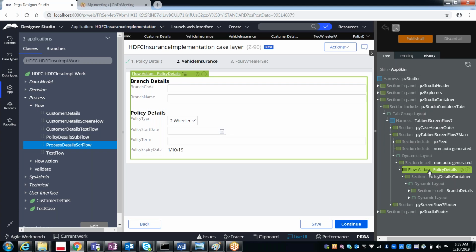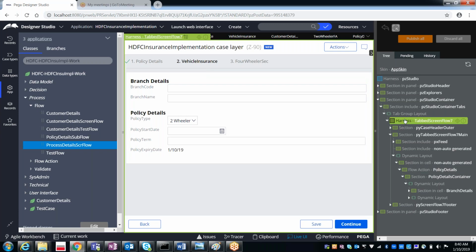That means only this part of the user interface we created. Policy details, only up to this part of the user interface we have created, but the remaining is all these things. Even when you highlight it, you can see this: tabbed screen flow 7. This is the harness, like a top level container for the flow action to be displayed.